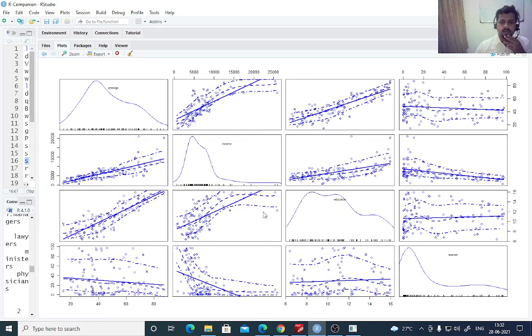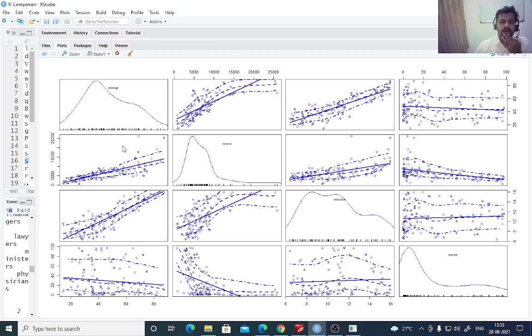Again, these diagonal elements are mostly the density function of the variable itself. You can easily see from here that income looks like a positively skewed distribution. Education more or less looks like it has a double mode, and then you have the proportion of women, which is a percentage term. That's why you see the numbers are quite stacked towards a boundary, in this case towards the value 0.